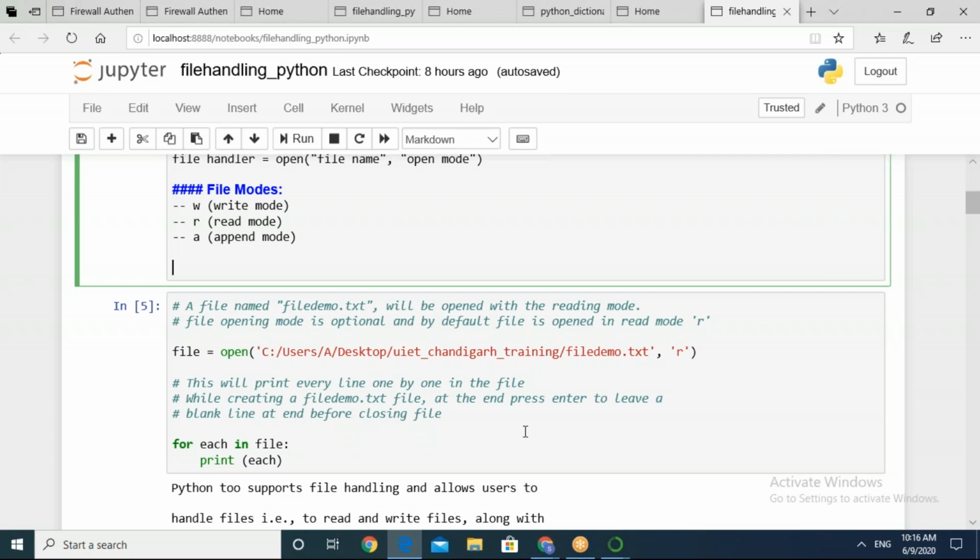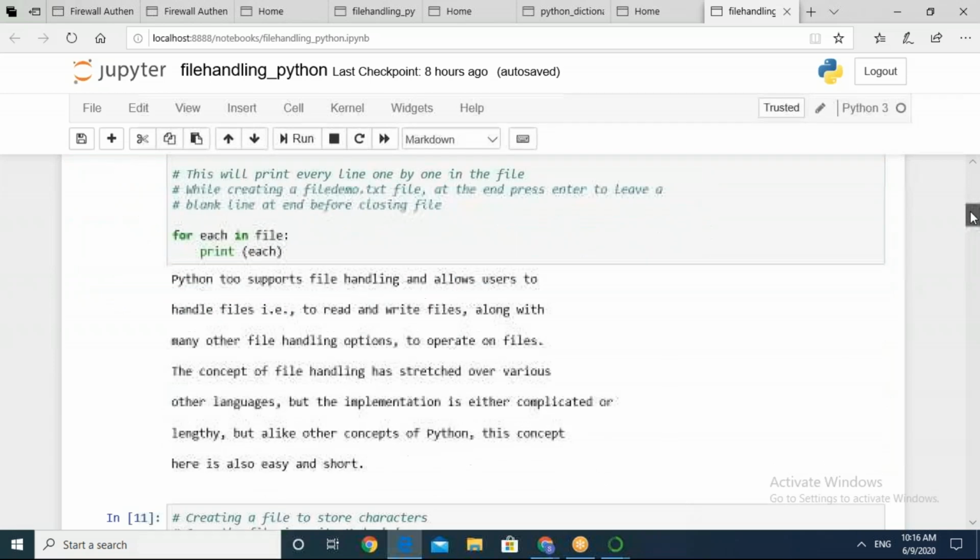The first thing is to create the file, and only then can you go for such a reading option. I have created a file with the name filedemo.txt in this particular directory, and the data is shown over here. After every line, we have just pressed enter. So the default end of line character it is taking is the new line character, or the carriage return, and the contents of the file will be displayed before you. This is the very first mode which we are taking here, that is read mode.